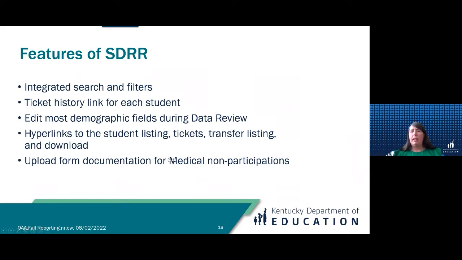But we always want to make sure that you do go on the forms page, that you have that filled out completely, and then you would scan that document to your computer. And then once you get into Sdrr, it'll actually ask you to locate where you have it scanned on your computer to be able to upload that document to us.